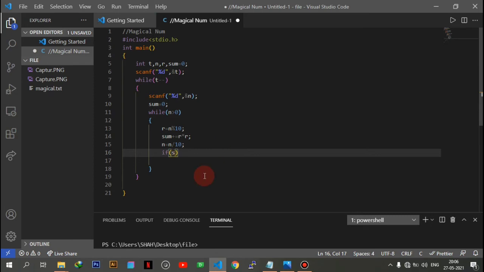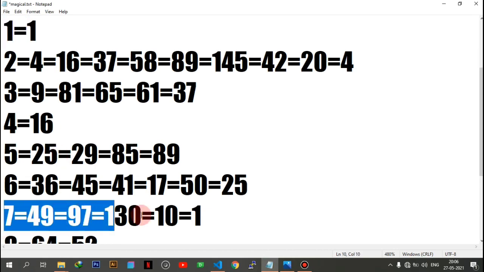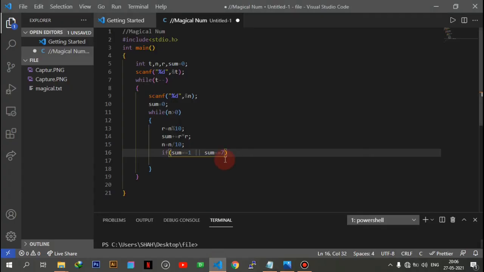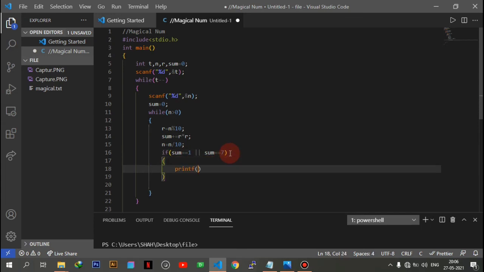Here, if the sum is equal to 1, or the sum is equal to 7. We have seen that only these two cases, either 1 or 7, result in 1. So we will add this condition, and if the sum is equal to either 1 or 7, we will directly print. We will print "yes" using printf, and it should go in a new